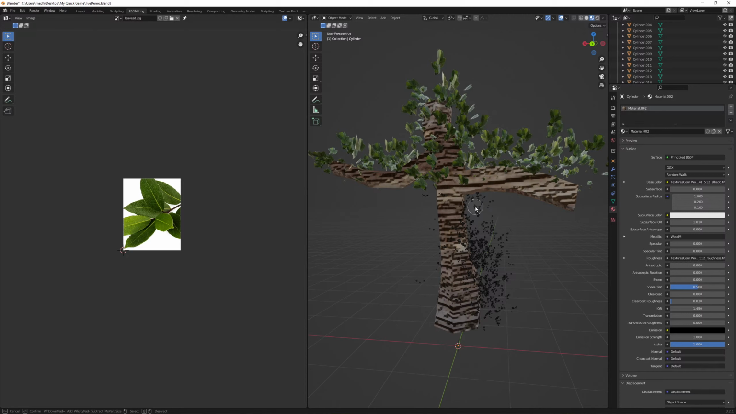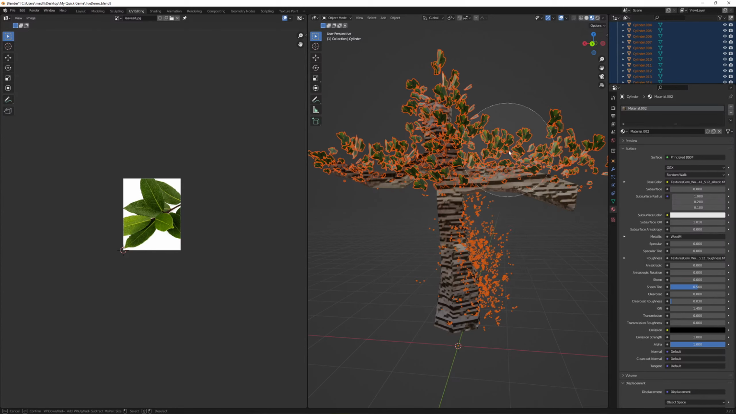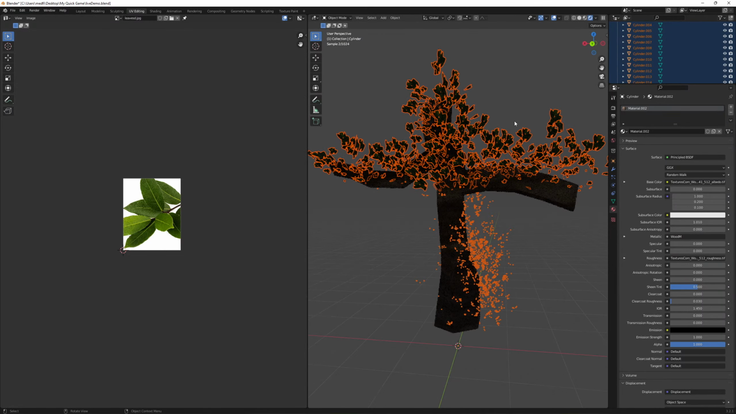Do C. I don't want all these parts selected though, so that's the problem. If we go into Z, well, we've got something going on here. We can go into the red